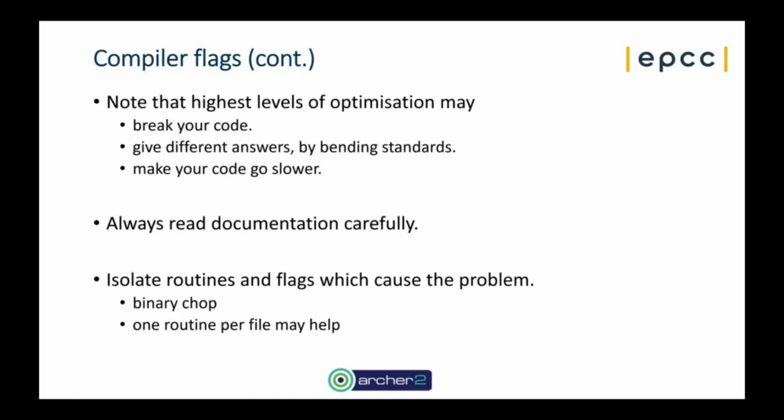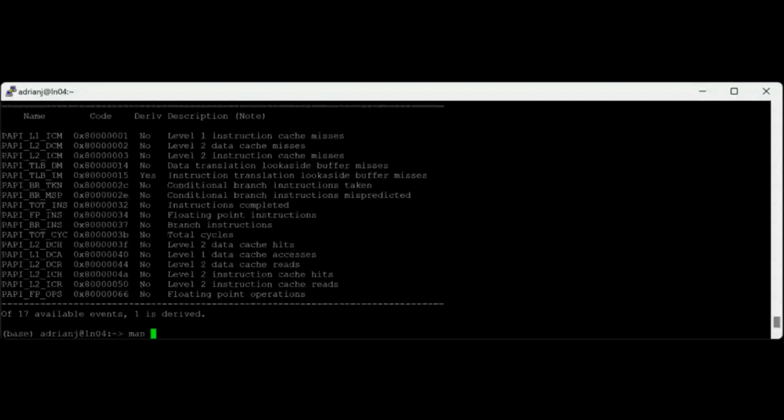Compiler documentation is there to help you. It's excessively long, but buried within that documentation will be some discussion of optimization levels and the optimization flags and what you can use for various compilers. And in case you're not familiar with how you would look at these, you can search them on the web, obviously. You can also, generally on a system, use the manual pages, the man pages, to look at the compiler